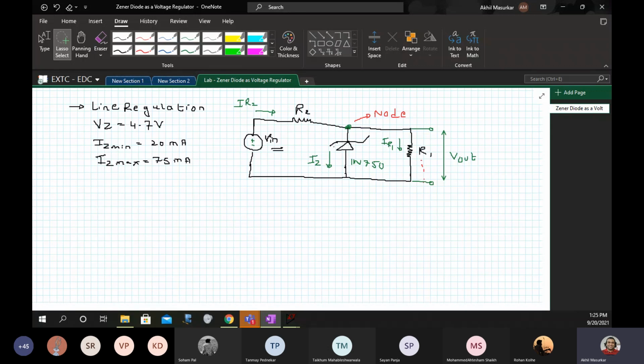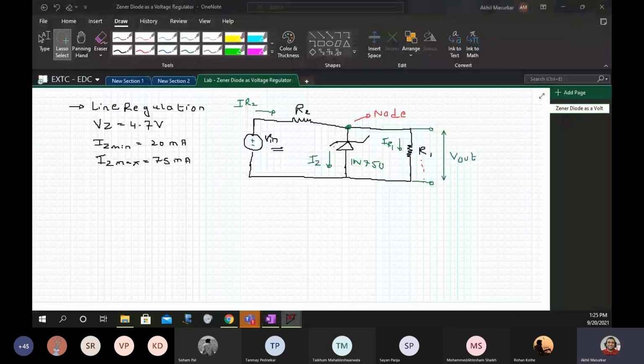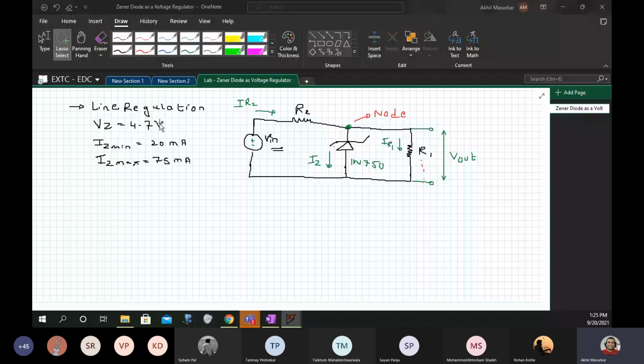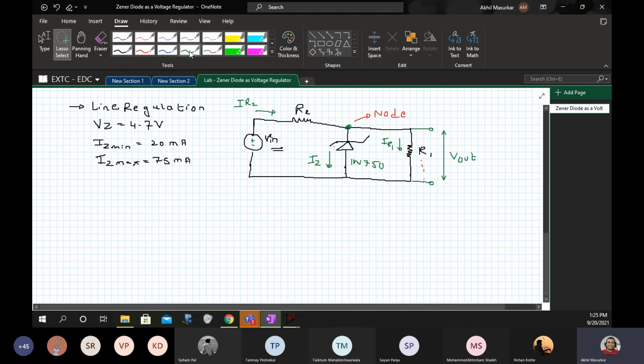So what you can observe from this circuit is that these are the values for this Zener. Now, how much is the load current? As per our circuit, this was 100 ohms and R1 was 1000 ohms. And Vz, this is my Vout, and Vout is also equal to Vz.